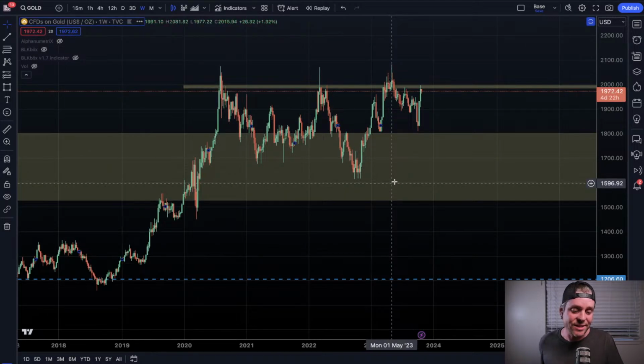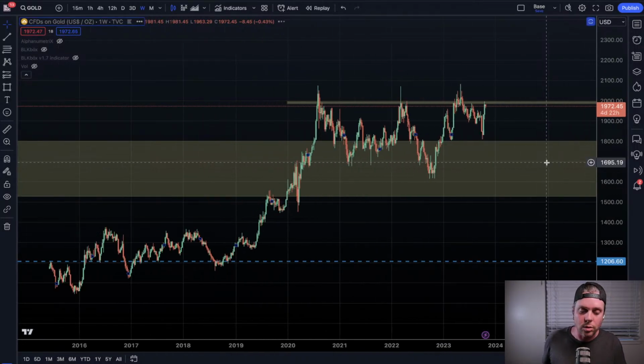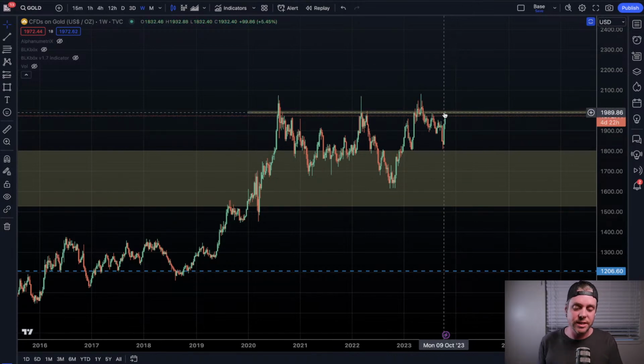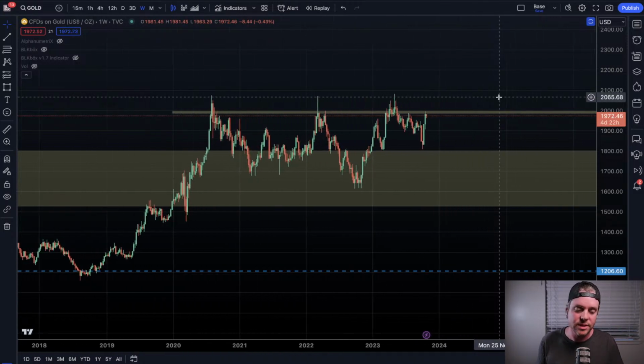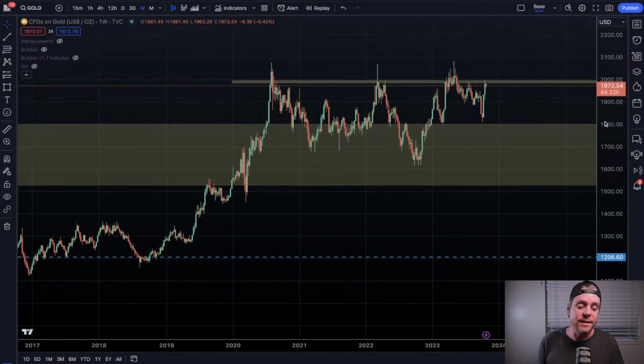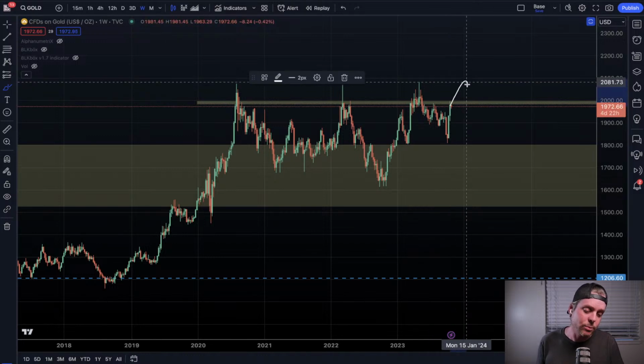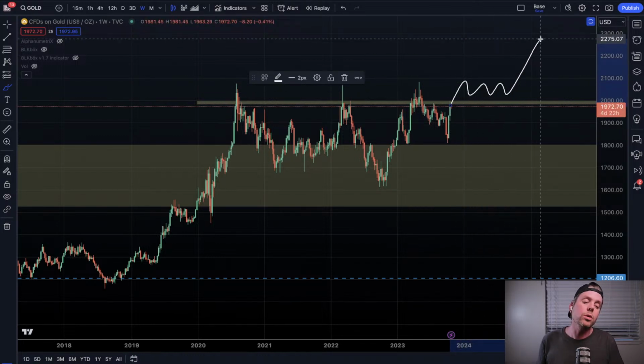And speaking of risk off assets, we can take a look at gold. Gold got a nice rally back up into this really staunch resistance here at around 1900. We can't seem to get above $2,000 for the price of gold, $2,000 per ounce. And it's just continuing to chop sideways. Now, if we break out here in gold while equities are taking a tumble, then it's showing the world that a lot of market participants are wanting to get away from risk on assets and move into these safe haven